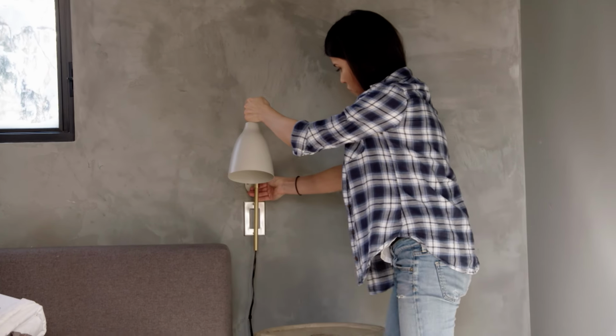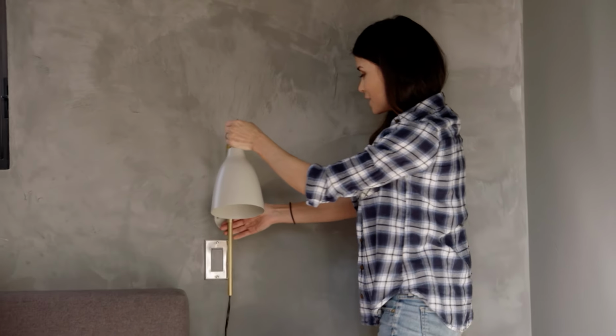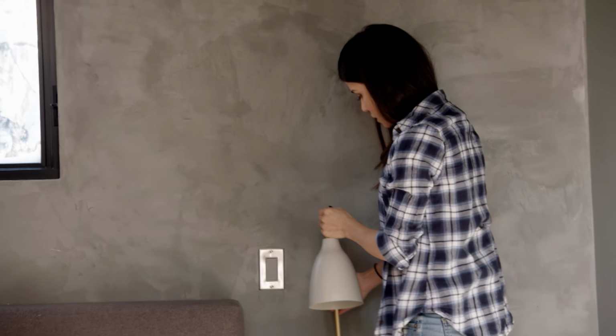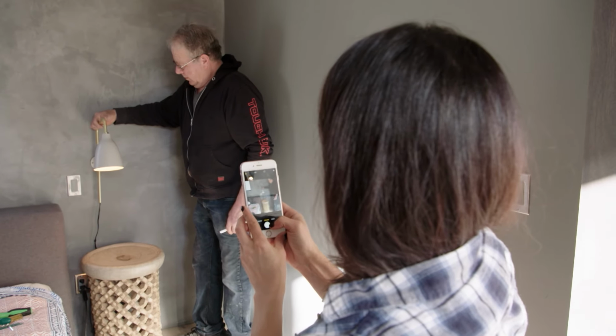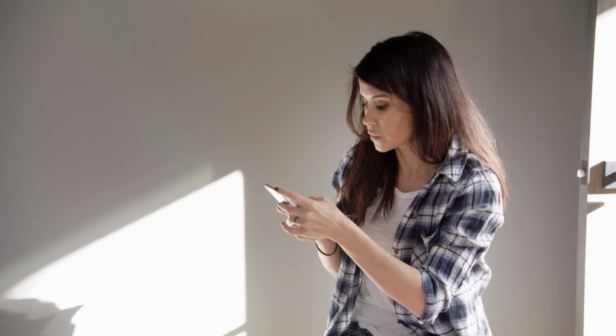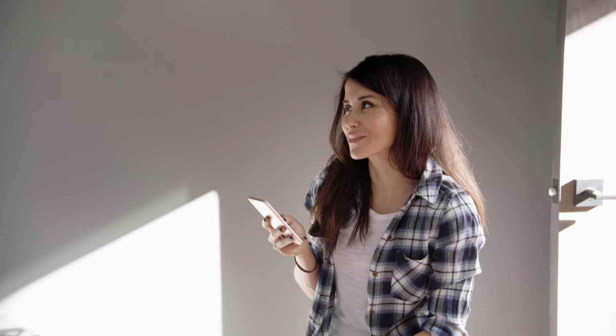Hopefully. So I'm just trying to figure out where to put these, because visually I think I like the look of it a little lower. That would be kind of centered over the little table there. Oh, here's Terry, hang on. It looks good behind the bed, but it kind of looks stupid as well. Because I know it's hiding the thing, but...